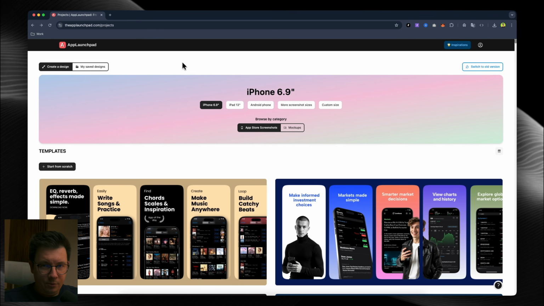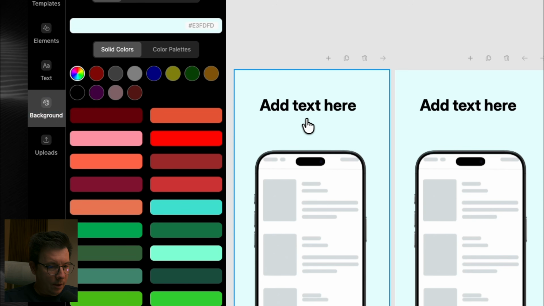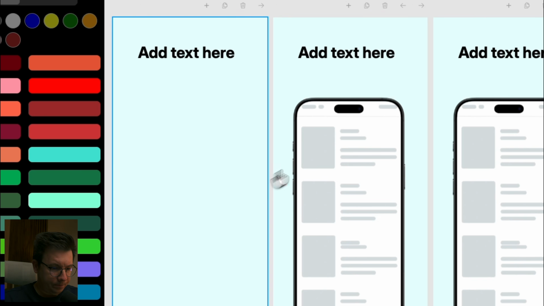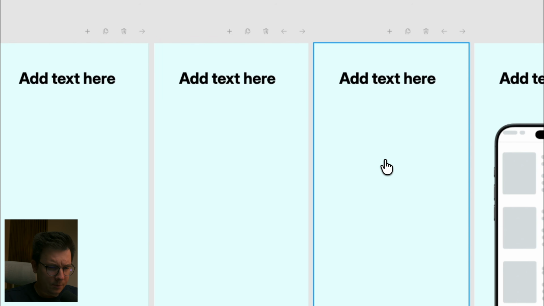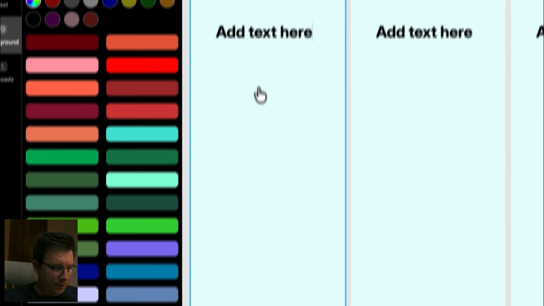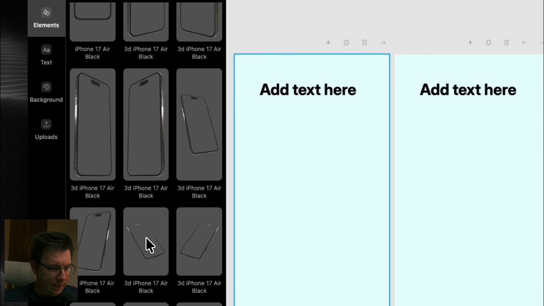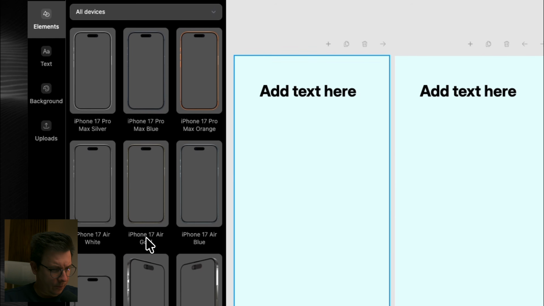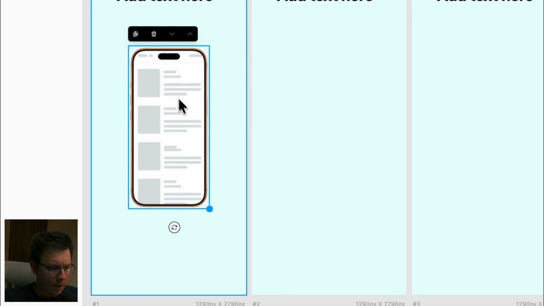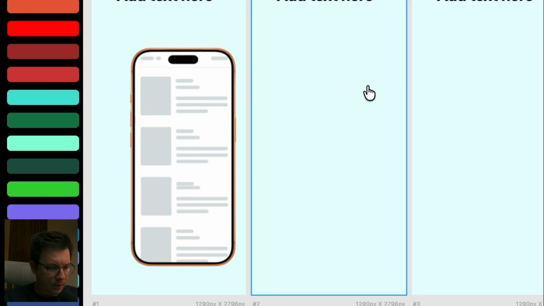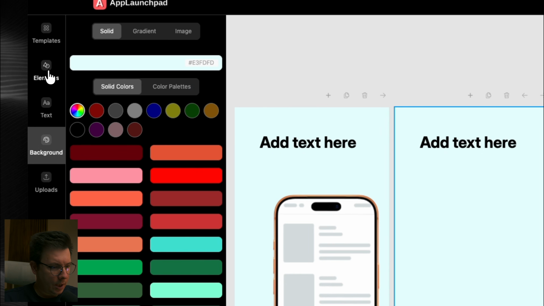If you don't want to use pre-made templates, you can always create one from scratch. For that, you just go to start from scratch from your dashboard, and here you get these screens. You can delete these mockups that are here. So you select the first screen, you go to elements, and you pick the device that you want to use. For example, you want to use again iPhone 17 Pro Max, and you paste it here,